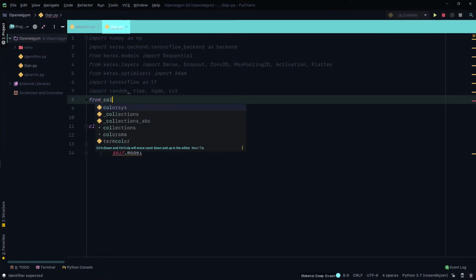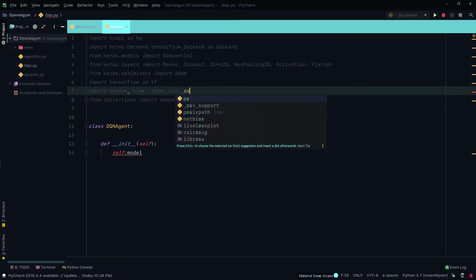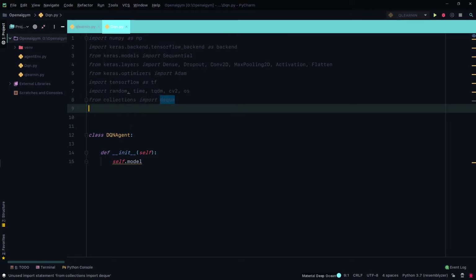Also from collections, oops, from collections import deque. This is a data structure. Also let's import os, although I don't think we'll be needing os, but anyway, just in case. And also let's import, did we leave anything else? Okay, so from PIL import, not really needing that. Okay, so let's just take that off. Okay, I think these are the